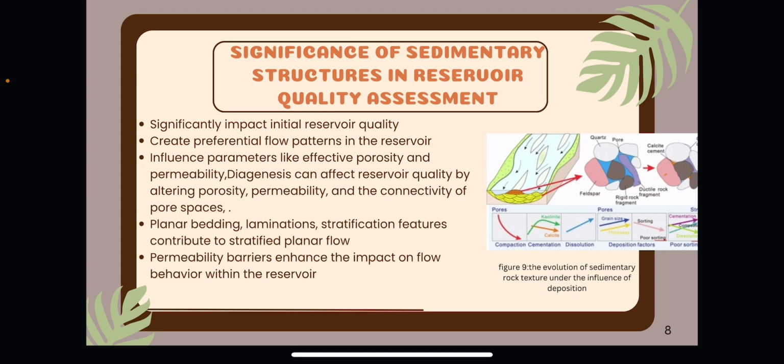Diagenesis can affect reservoir quality by altering porosity, permeability, and the connectivity of pore spaces. Planar bedding, laminations, and stratification features can contribute to stratified planar flow, and permeability barriers enhance the impact on flow behavior